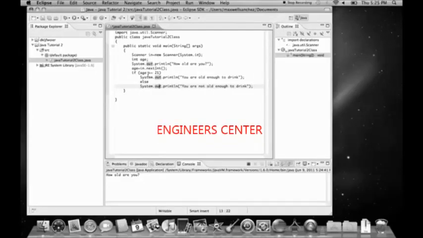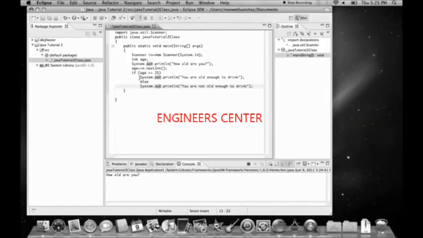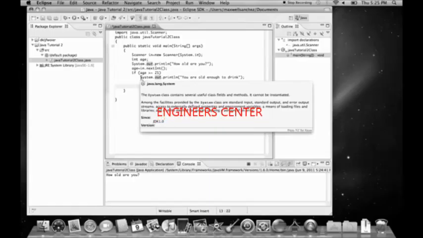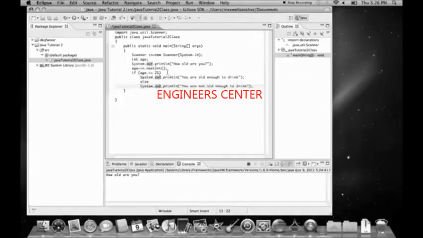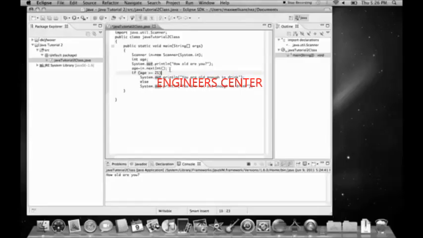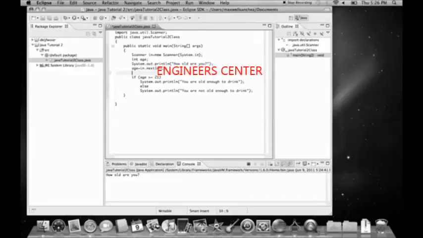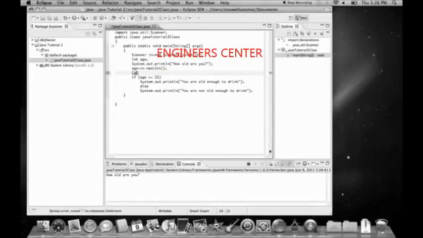You could also do some math with this. Like, for example, you know that the people entering this have their birthday later in the year or whatever, or for some reason you wanted to do something such as some kind of math with it. So you could do your math there like I showed you in the last tutorial. So say you wanted to divide the age by 3 for some reason, you're being really weird. So you could do age divided by